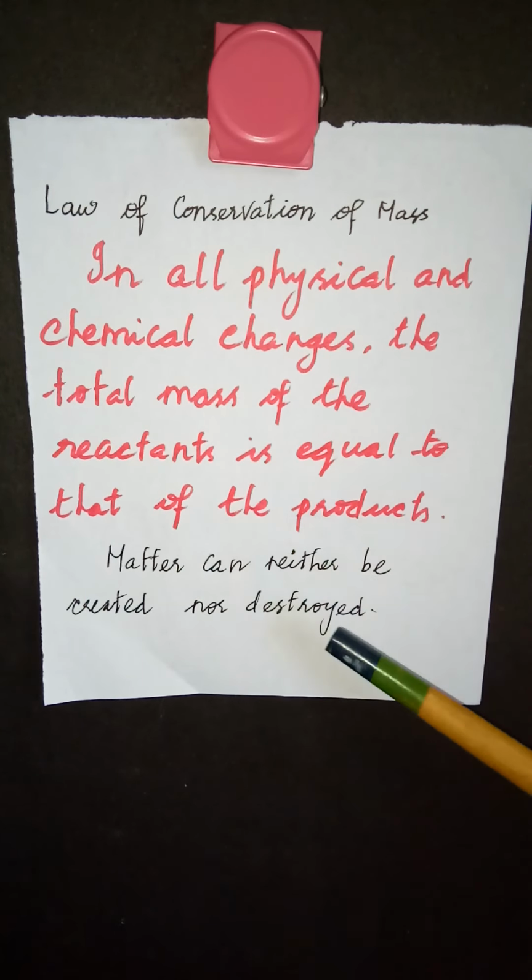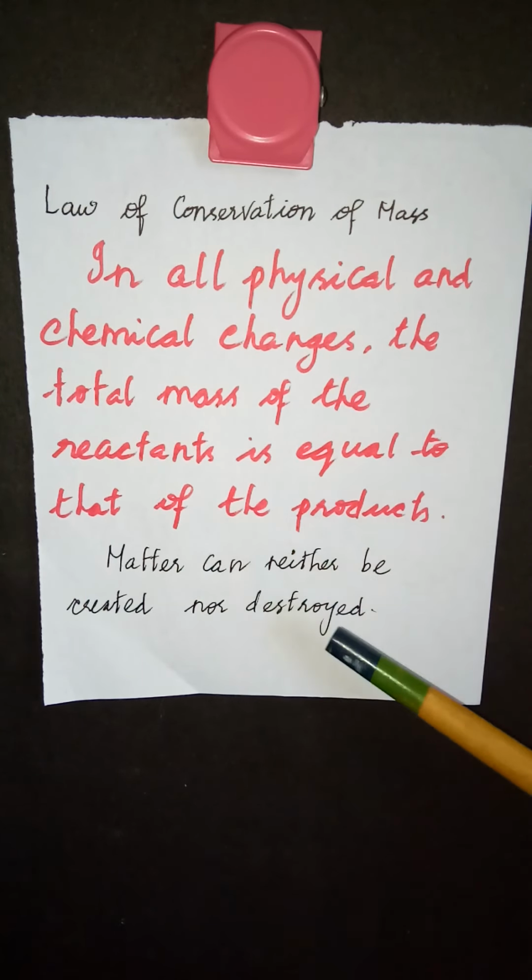So the law of conservation of mass states that the mass of the reactants will always be equal to the mass of the products. But in a number of chemical reactions, especially the nuclear reactions where we talk about atomic bombs and hydrogen bombs, the mass of the products is found to be slightly less than the mass of the reactants. So the question arises, where is this mass lost? According to Einstein, this mass is converted into energy.